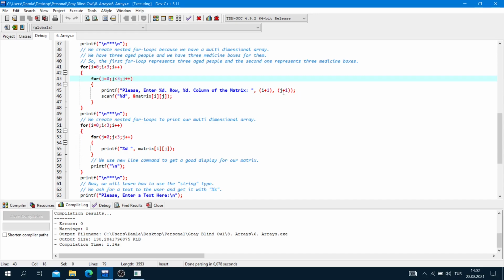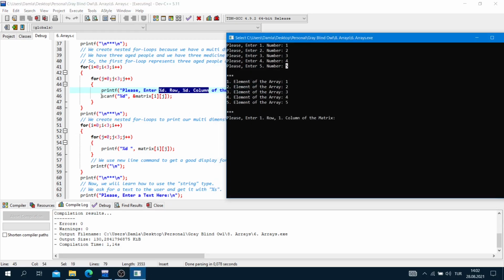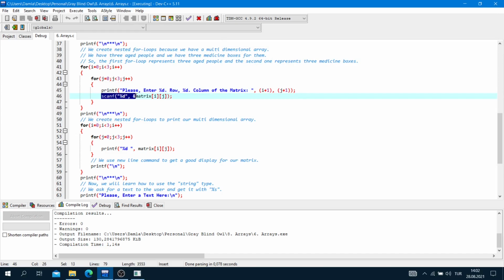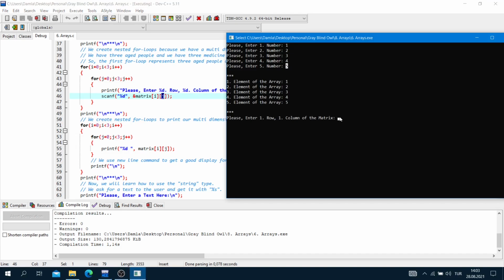So j = 0, 0 + 1 is equal to 1, so the first row and the first column of the matrix. scanf("%d", &matrix[i][j]), for row i, column j, 0, 0.